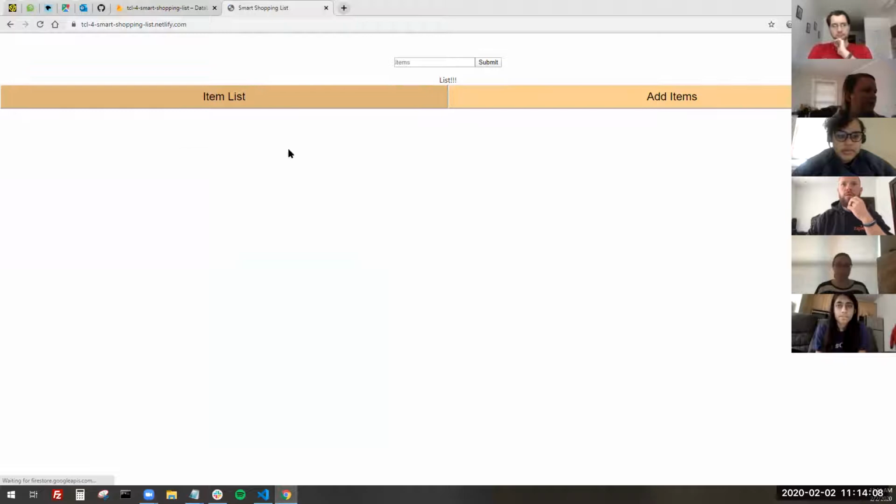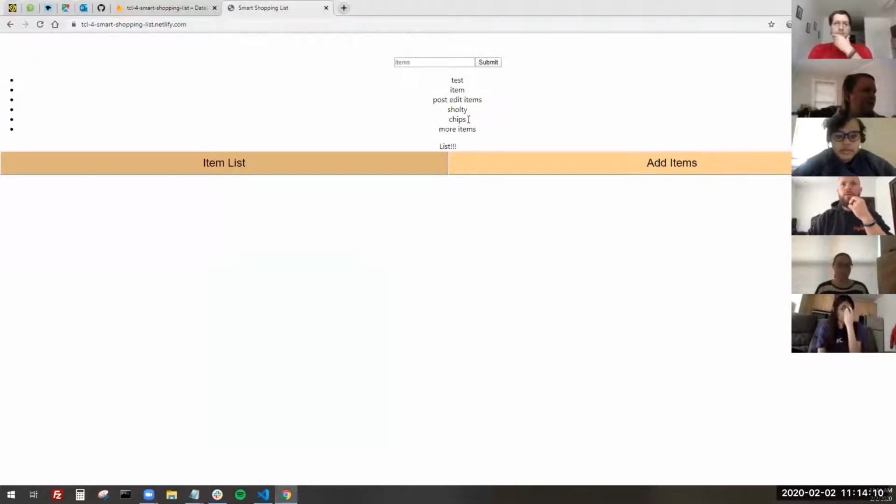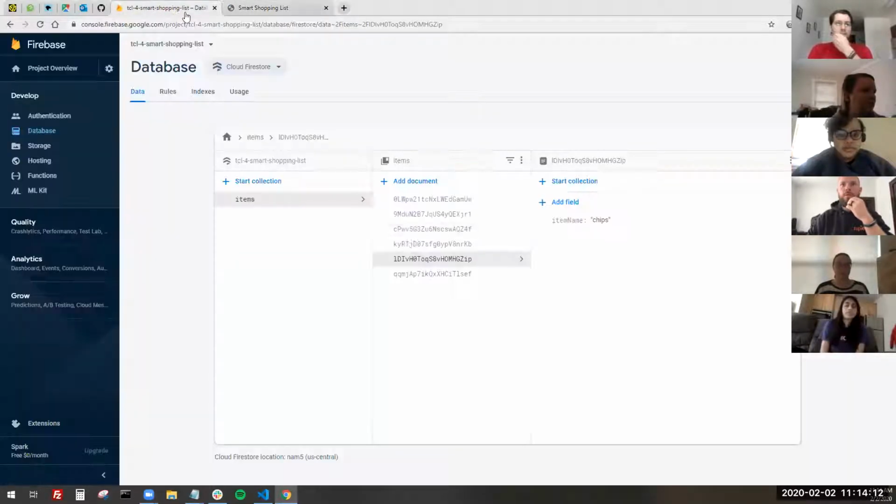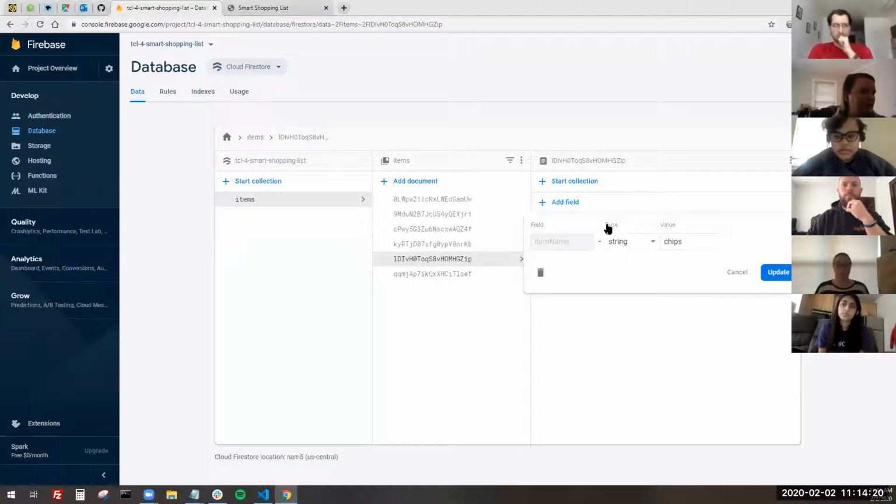And it looks like it is in alphabetical order by the document ID. Yeah. And so then the second part was if we change it here, it should update here. Oh yeah, let's see that. So if we change it to,